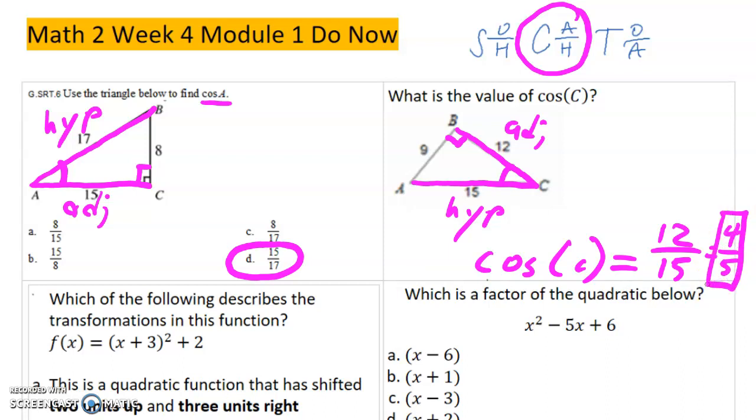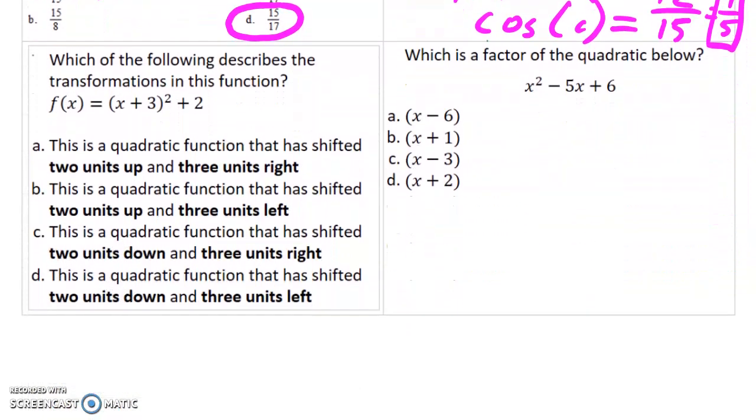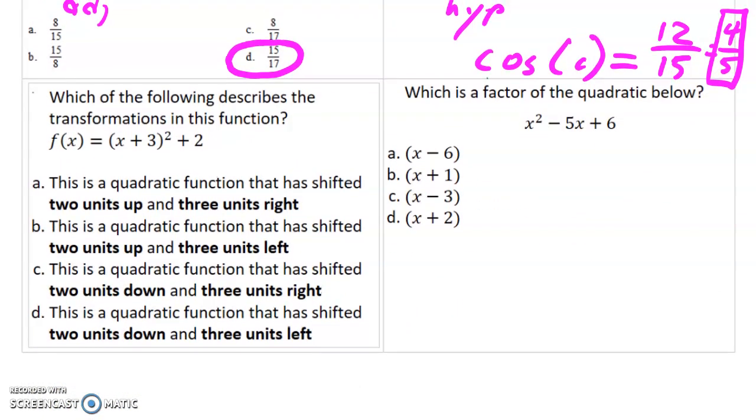Okay, looking at our next question, it asks, which of the following describes the transformation in this function? I believe that means the transformation from the parent function x squared. Well, I see that we're adding 3 to x. I think of that as adding 3 to the input, and in my mind, I think of that as a function that happens 3 earlier, and that tells me that this is a function that would have moved 3 to the left. So I'm thinking this answer has got to be B or D. I'll cross A and C